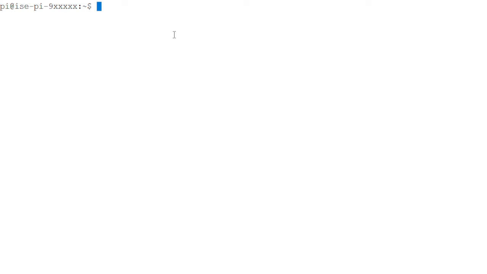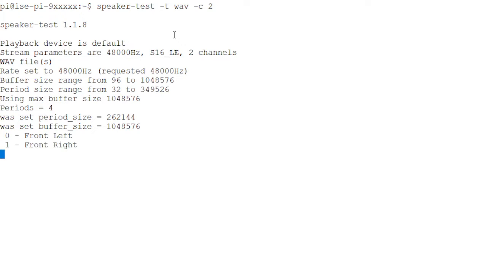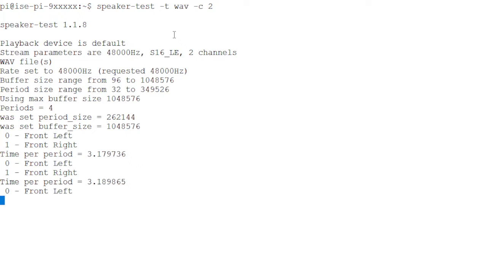All right, so one thing I want you to give a try is to run speaker-test, with dash t for the type, and I'm going to output WAV files, and dash c, where c is for channel, and I'll tell it how many speakers I've got. So I've got 2 channels, and let's run that. Front left, front right. It just bounces back and forth between these two, and I can Control C to kill it. And so it's going back and forth. That gives you an idea of